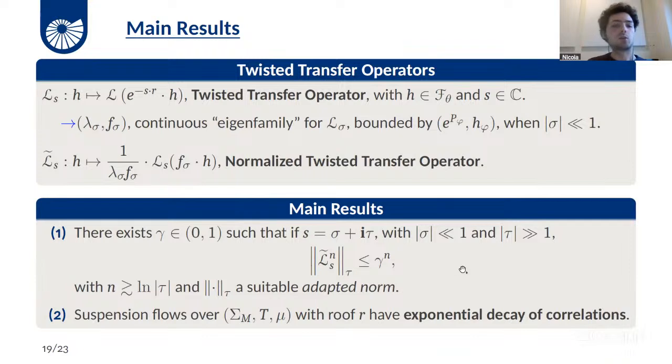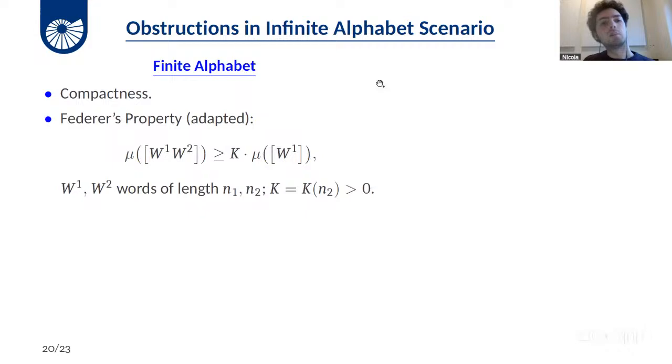Now, in order to obtain this contraction, the procedure is basically analogous to the finite alphabet case, but we have to be careful and adjust the arguments. So let me focus on the obstacles that we had in this case. In the finite alphabet scenario, we had two really important ingredients, which were compactness and the Federer property, which here is stated